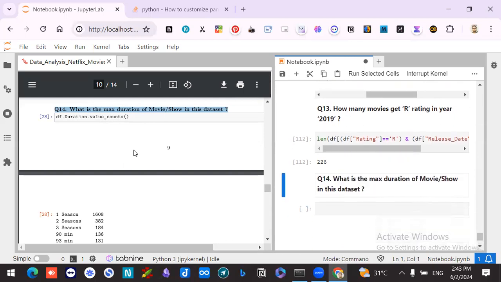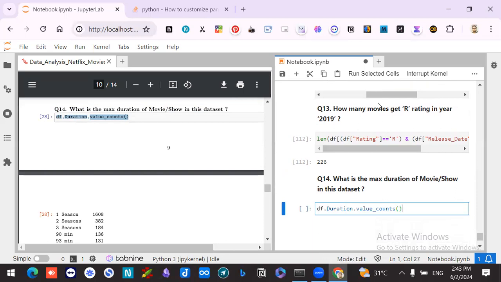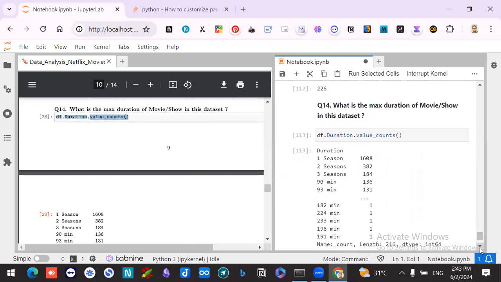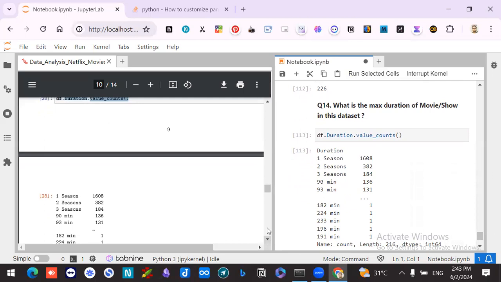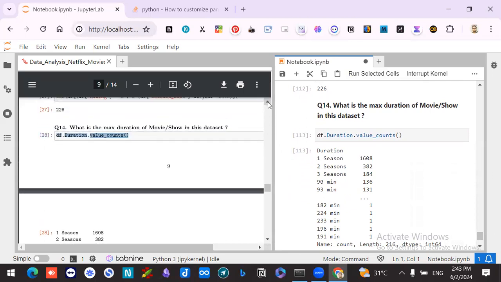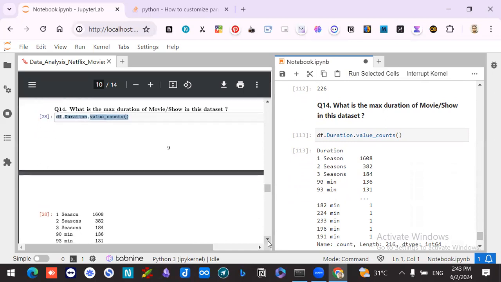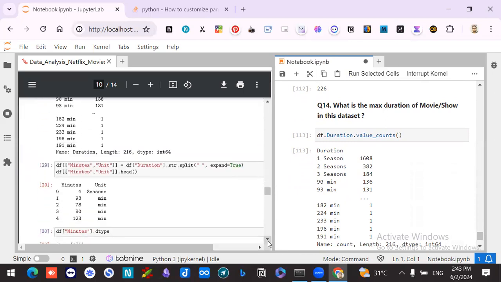And what is it doing here? df dot duration dot value_counts, because we want to know how many values contain these values. And here we will get these values. So duration value_counts, we got 1680. And the question is, what is the maximum duration of a movie or TV show in this dataset? So seasons are there. And if you want to look at those values, I think